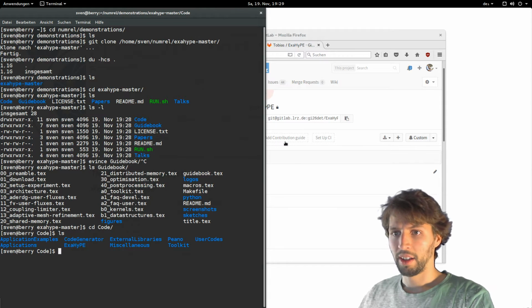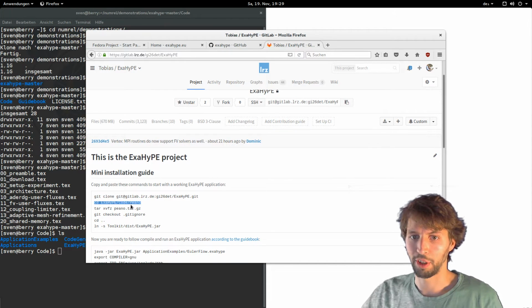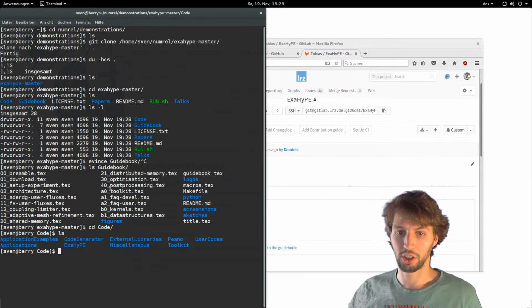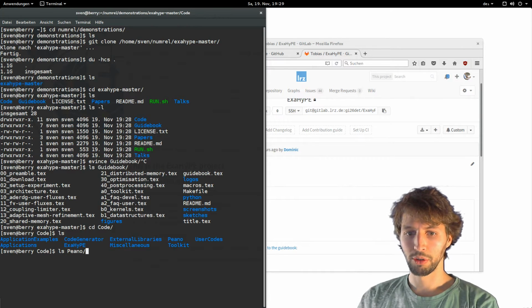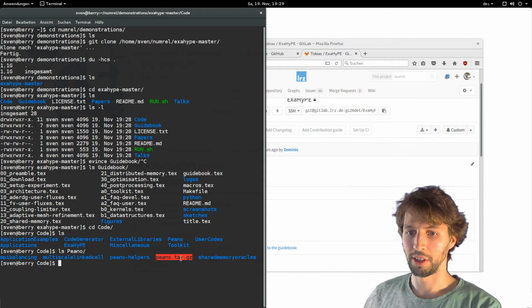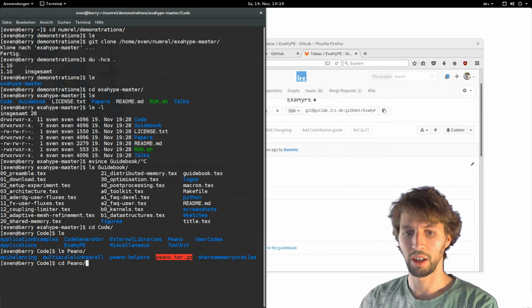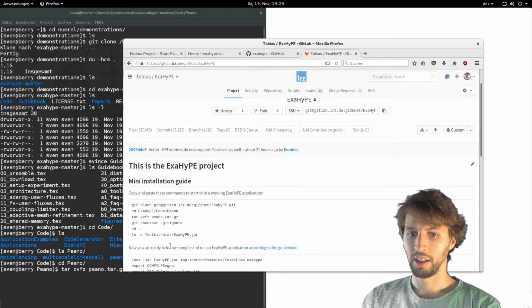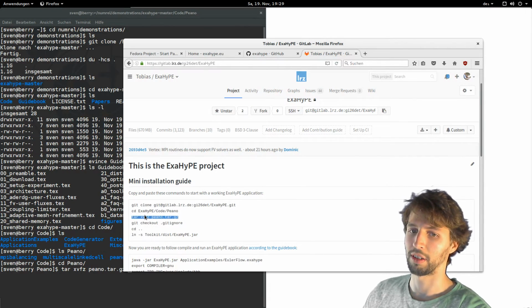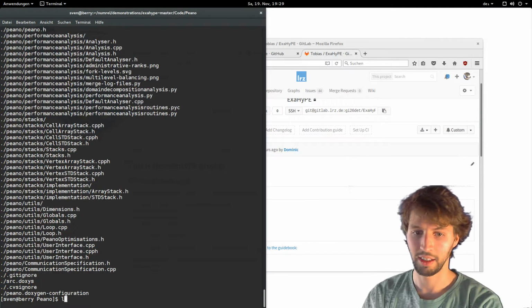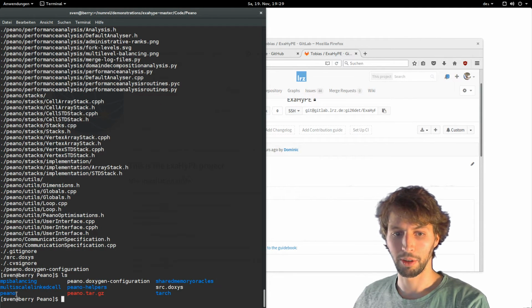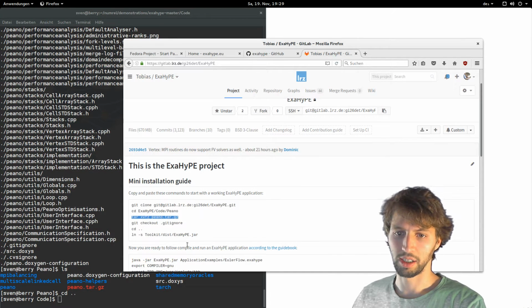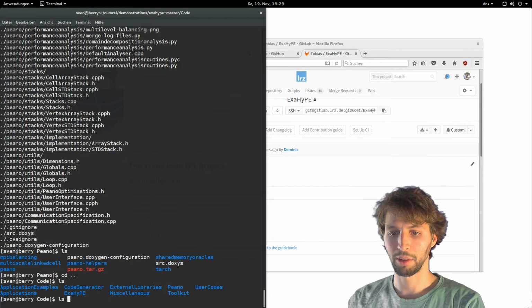We do the following. As you see here, first we have to update Peano. Peano is an external dependency of ExaHyPE, and it's not shipped by default. It is supposed to be in this directory, and here we have the tarball. So what we do is we go there and we extract the tarball, just like it's written here in this command. Okay, so it's done. We got Peano. We have Peano here in several directories, all nice. You can skip this command, and now there's something we call the toolkit, which is a